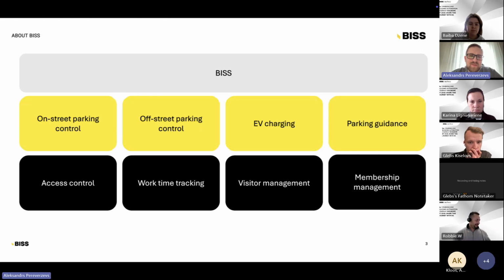Before I start, a little bit about BIS, if somebody doesn't know. We are both a system integrator and a solution provider, and we provide solutions in various sectors. Our main and core direction is parking, and we cover on-street parking control and off-street parking control. We also have some solutions in parking guidance, mainly the camera-based free space recognition. And we have some experience of integrating various EV chargers and providing software to remotely manage the